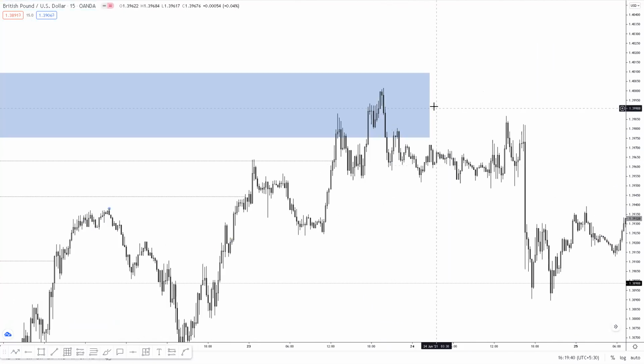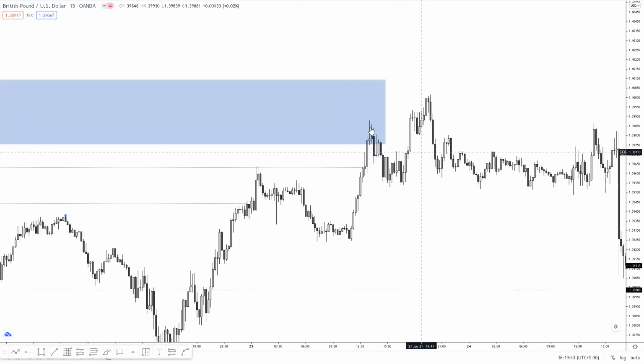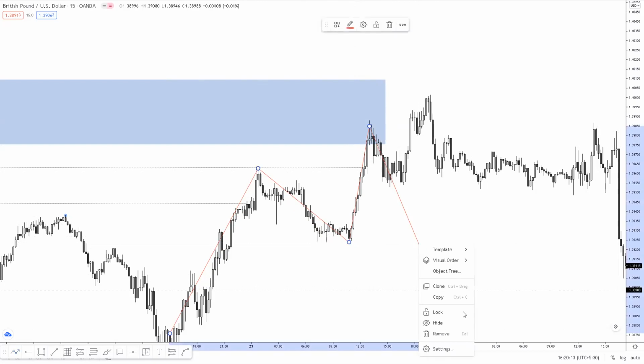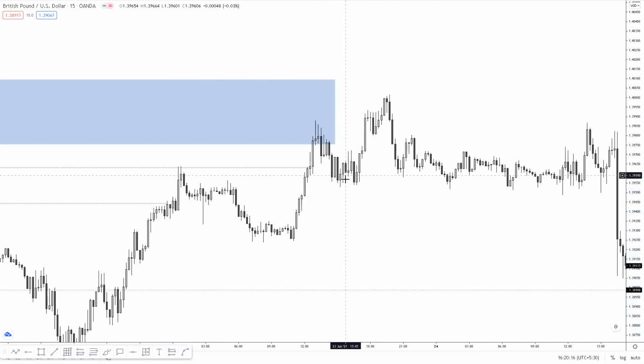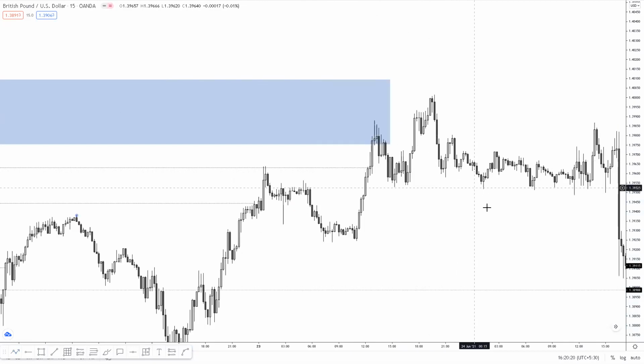Okay, now what happens is this: it mitigated the 4 hour order block, and then if this high was to hold, it has to come back down and break this structure. You get that? If this high was to hold, it did the manipulation and it mitigated too, but now we were going like this: higher highs, higher lows, higher highs. And now if this high was to be trusted, it has to break this structure, but it did not. You see that? It came back down and then it started going back higher once again,